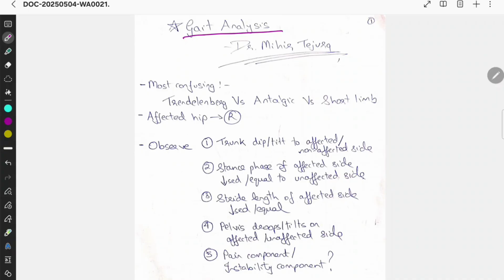So today what we are going to discuss is one of the most important analytical and logical topics of orthopedics, that is gait analysis. I do believe that the people who say that gait analysis and assessment is a very subjective topic, that it can't really help you much in the diagnosis of pathology, those people absolutely deserve flowers thrown on their face, but with the pot, because gait analysis is absolute physics,